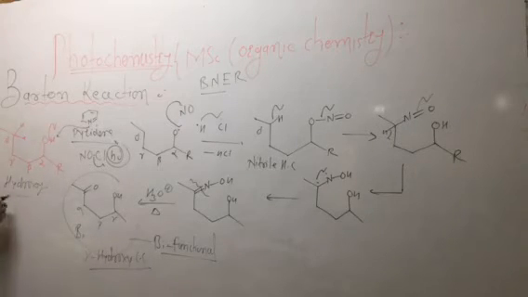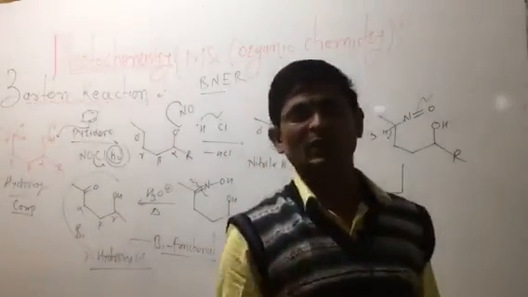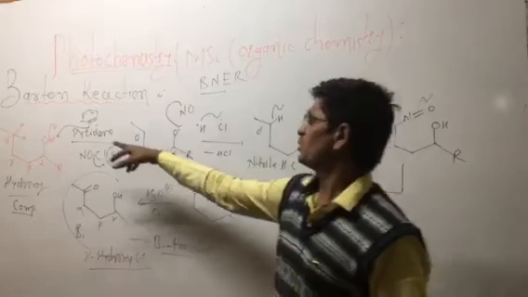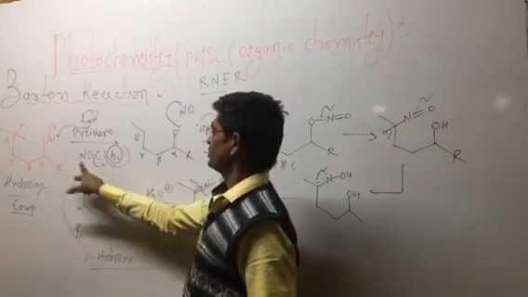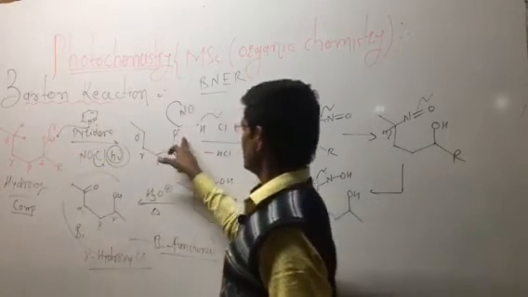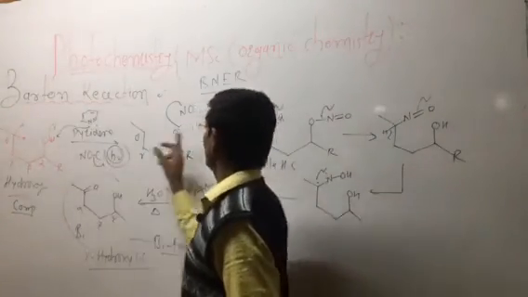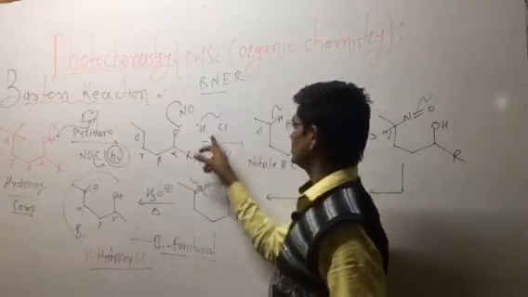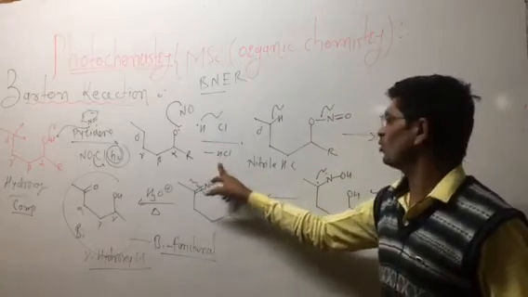First, the starting reactant molecule is a hydroxy compound. This hydroxy compound is treated with pyridine and nitrosyl chloride. First, pyridine has a tendency to take the proton from the hydroxy group, generating the negatively charged species. Then homolytically the O-H bond is broken, generating an O radical and H radical, and from here a Cl radical. A bond is formed between H and Cl radical, with loss of hydrogen chloride.